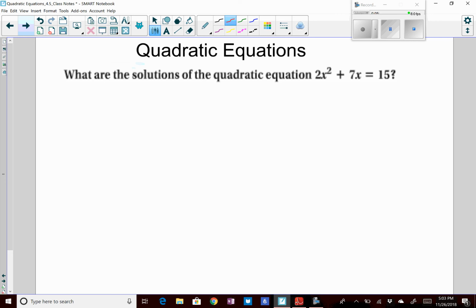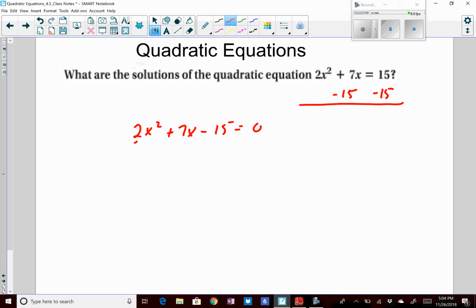Okay, here they want the solutions to the quadratic equation. We have something similar to the previous one where we have to put it in standard form. So first thing we want to do is subtract 15 from both sides. So that'll give us 2x squared plus 7x minus 15 equals 0. Okay, so what we want to do is factor it because it's not a perfect square trinomial, no GCFs greater than 1. So this is going to be A is not equal to 1, where we have to